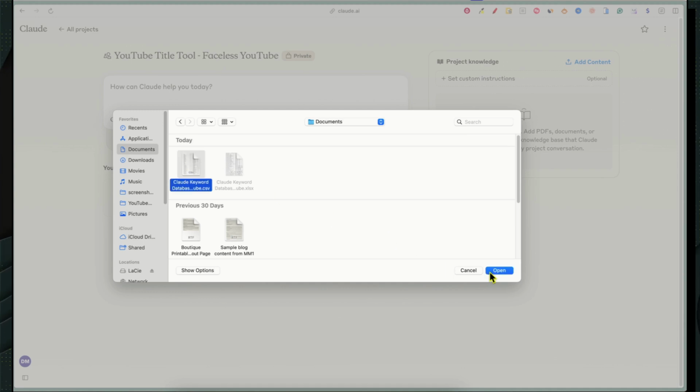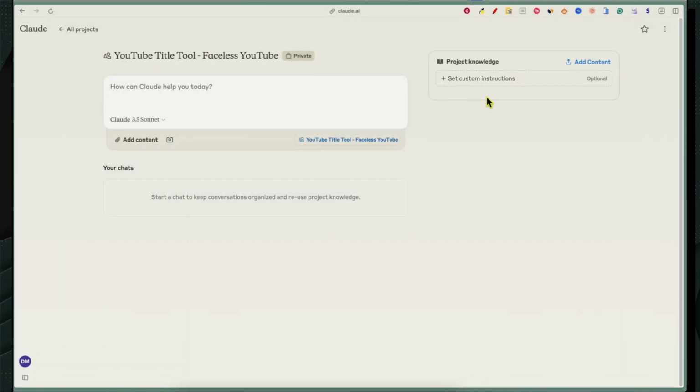We can go boom, and we can upload that. And now it has our database. And that is if you have a database that you're going to be using or uploading or updating, right? If we want to go out and do more keyword research or go through that exercise every few months, because keyword research does change, then you just go into that document, update it, and